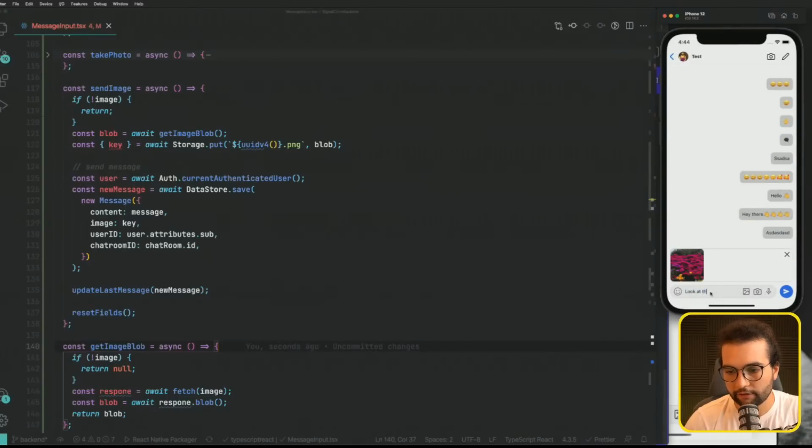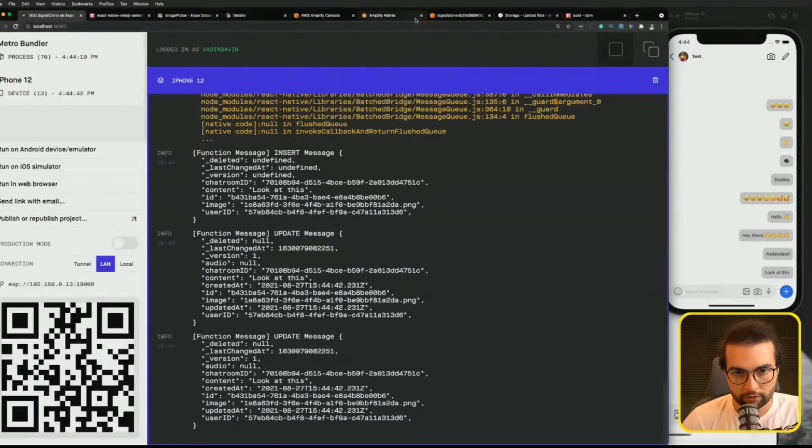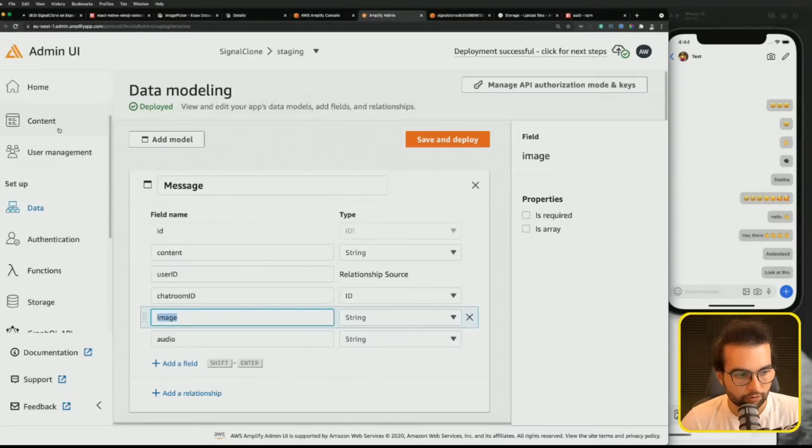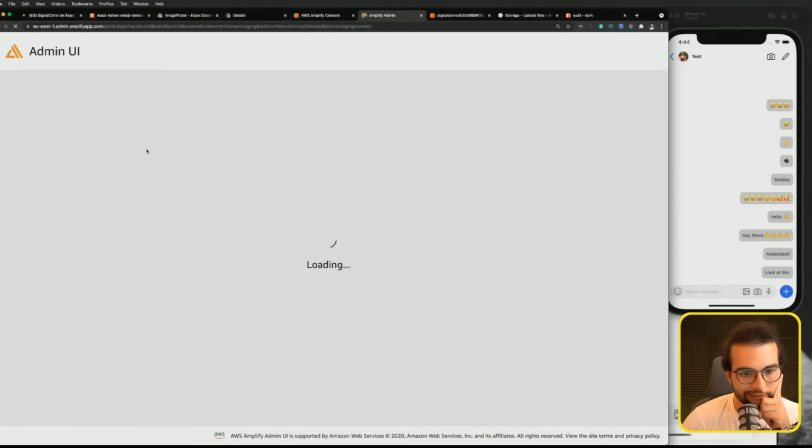Look at this. Send. Let's wait a bit for the image to upload. We can add some visual feedback. All right, so our message was sent. I see only the text message. However, if I go to Amplify Admin UI to the content,